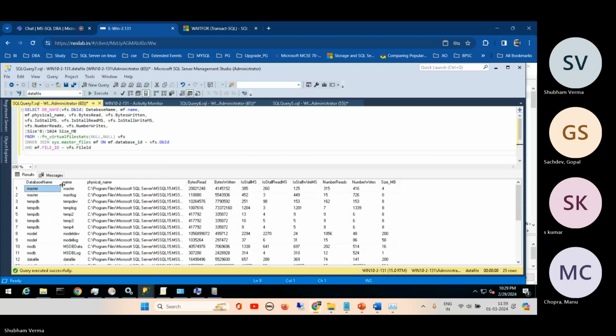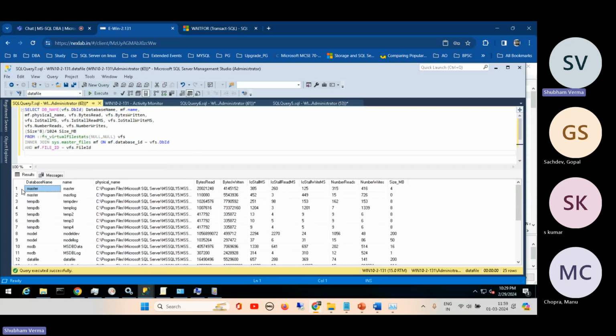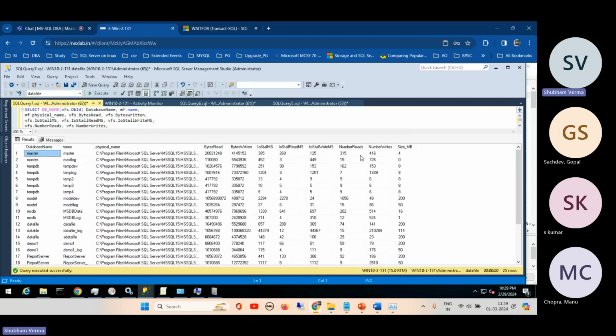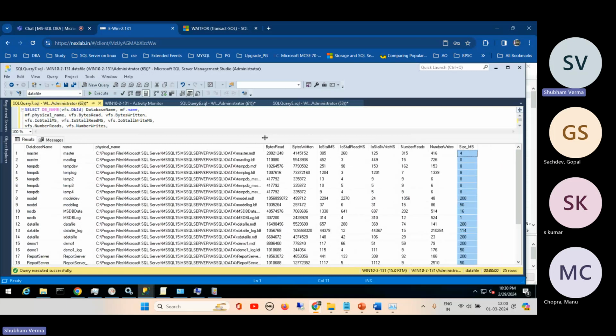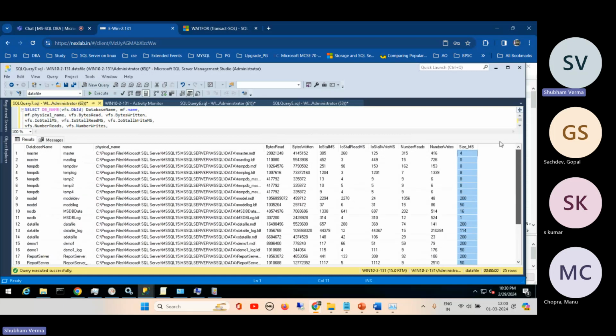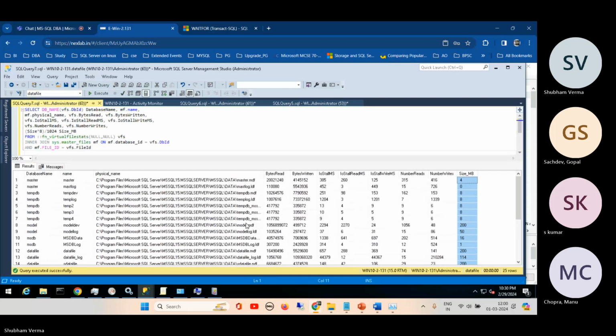See, we can pass a filter here also. We can pass the database ID and then filter that data. So basically this is for a report, so we can get all the databases and bytes read, bytes written, and size. Okay, yeah, here see size in MB, that MDF file and all. Basically, this is written as a report. We can just filter that and visualize all the details in reports. Next,